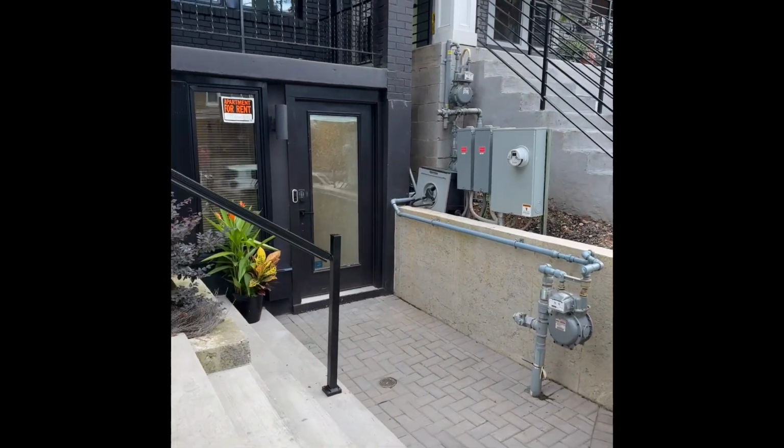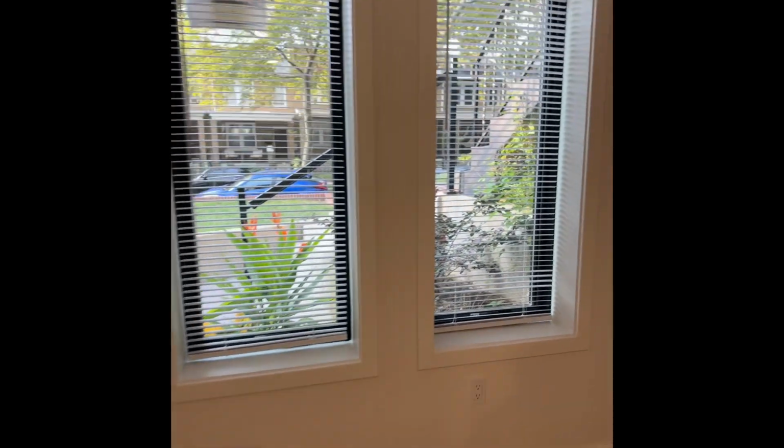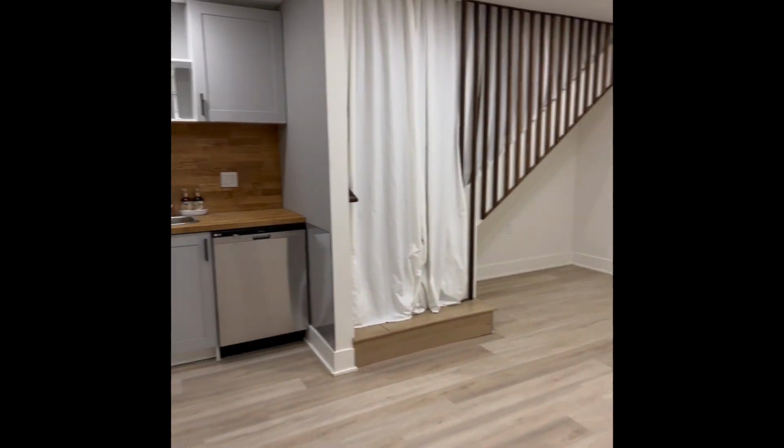Come take a walk with me through this Northeast DC English basement. Walking in, the first bedroom is on the left-hand side, lots of natural light. This room could be used as an office. There's built-in closets. In the hallway, there's additional closets, there's a pantry, and you'll see in the kitchen on the